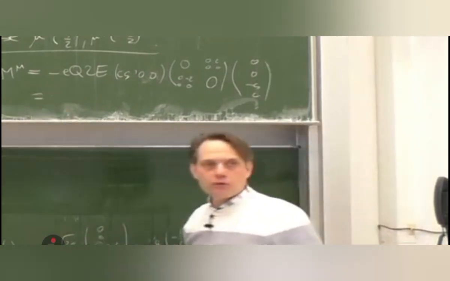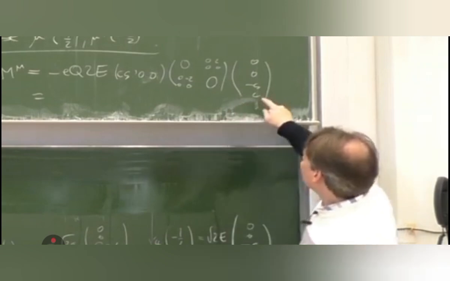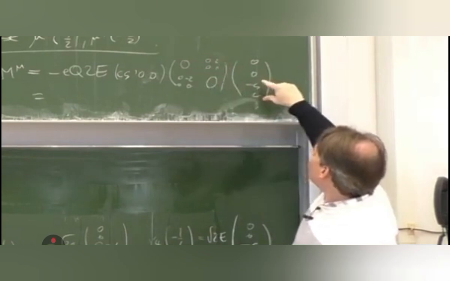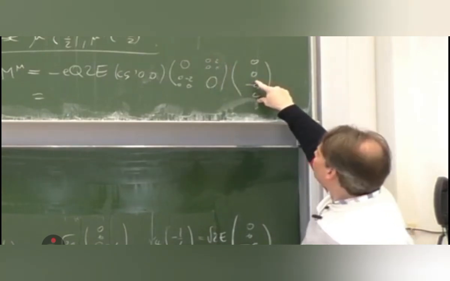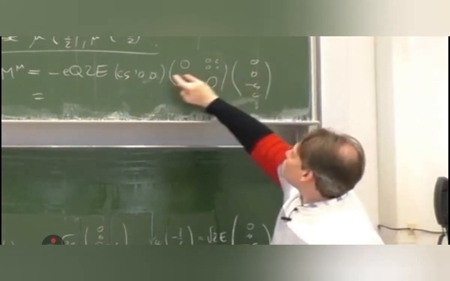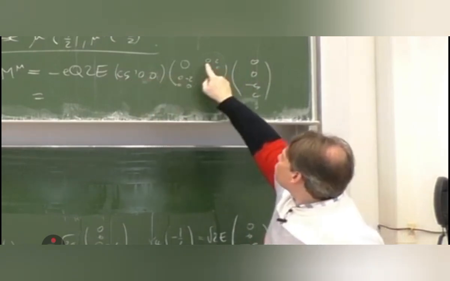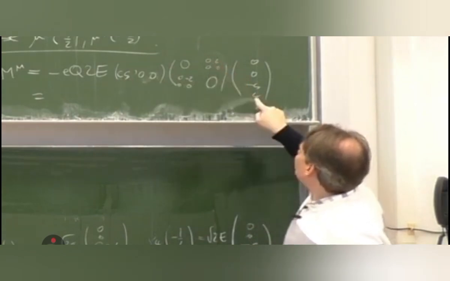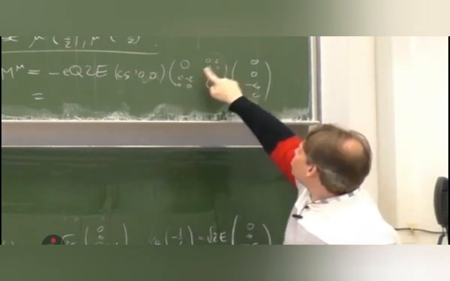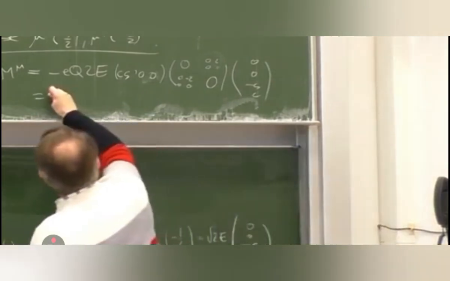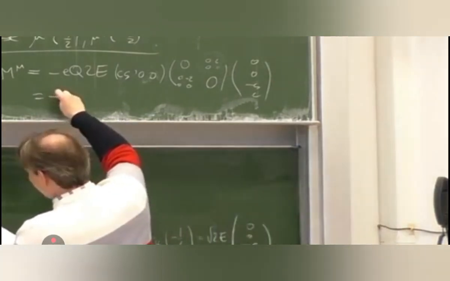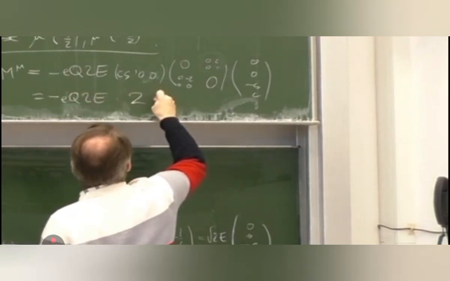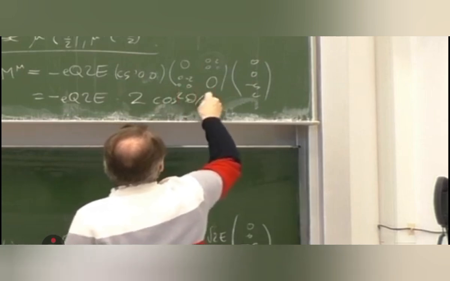Okay, what's the result? Only the upper block matters. The upper block is projected out, because here we only have the lower block. So this block is multiplied with that upper block, and also this. So the only non-vanishing term comes from cosine hitting the 2, and then the 2 hits the other cosine. So we get 2 times cosine square from this expression, which, let us write it like this, e q 2e times 2 times cosine square of theta half.